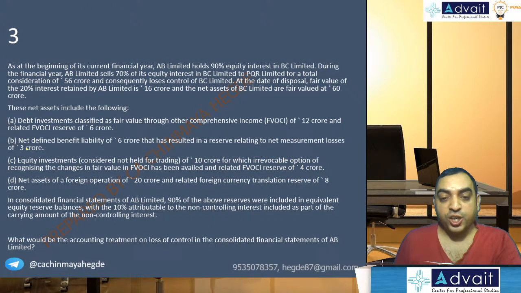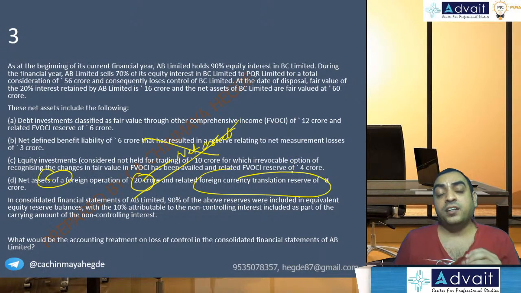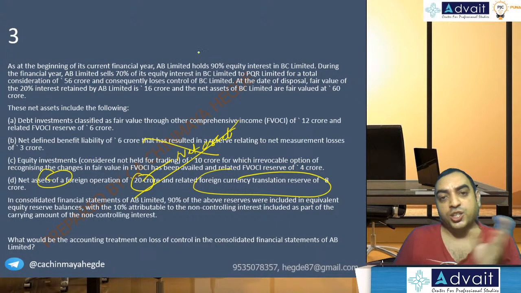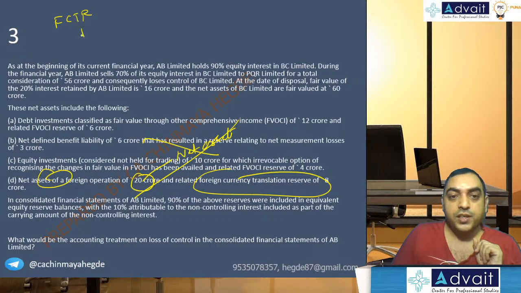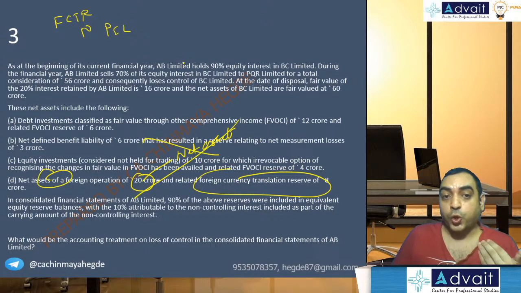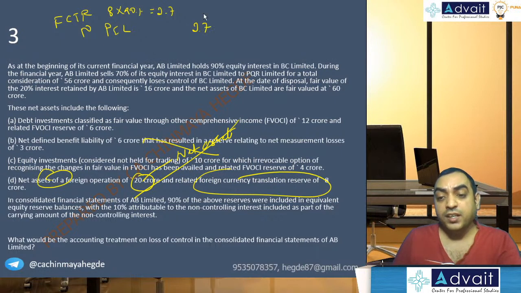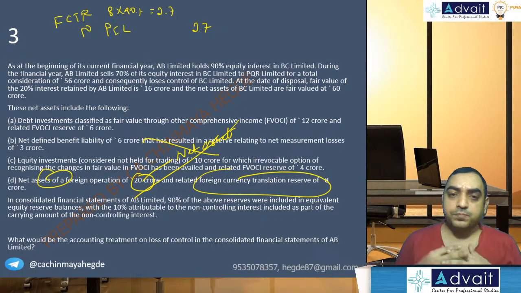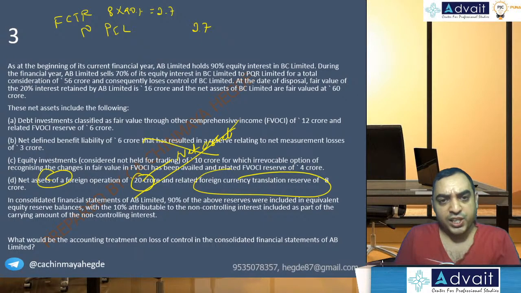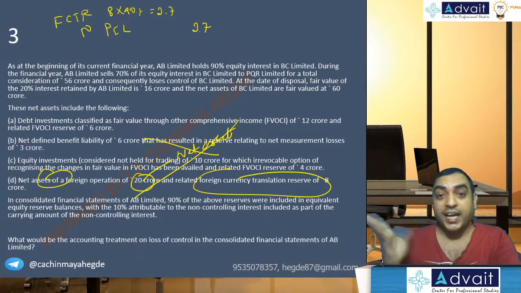Net assets of foreign operation of 20 crores, related foreign currency translation reserve of 8 crores. Now net assets 20 crore is already part of net assets, so no separate entry. Now foreign currency translation reserve, FCTR, is an element of reclassification, therefore this should be transferred to P&L account. So FCTR account to P&L on sale. How much? Not the entire 8 crore, 8 crore into 90%, which is 7.2 crores. So we can say that FCTR account to P&L, it's a reclassification, so it will go to consolidated P&L account 7.2 crores. So only the first point we spent about half an hour,